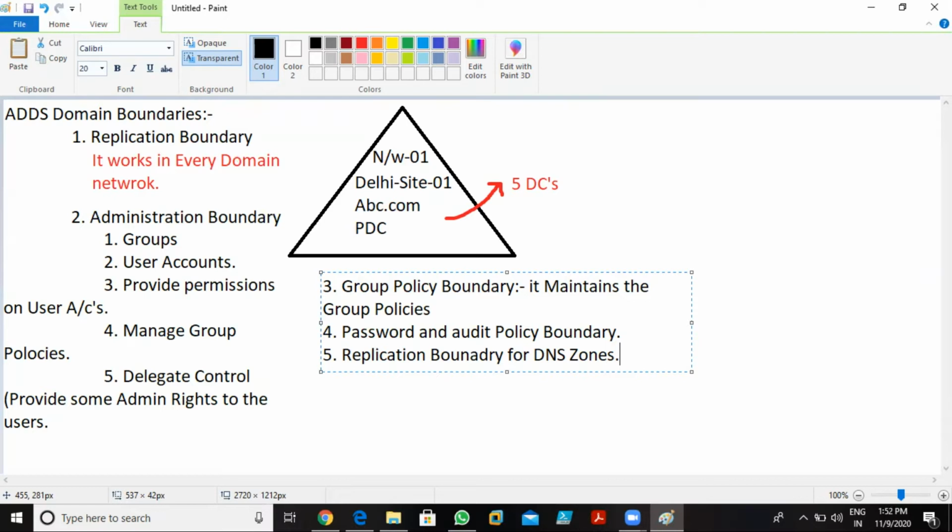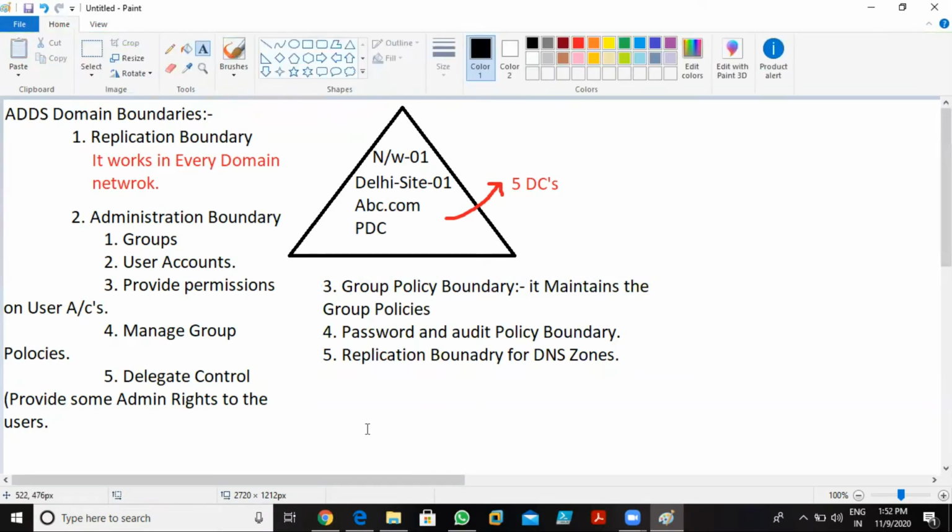So these are the 5 functionalities, or the default functionalities. If you want to change them, you can change them as per your requirement. This is every domain network. These five boundaries are working by default. Okay, fine. Next we have